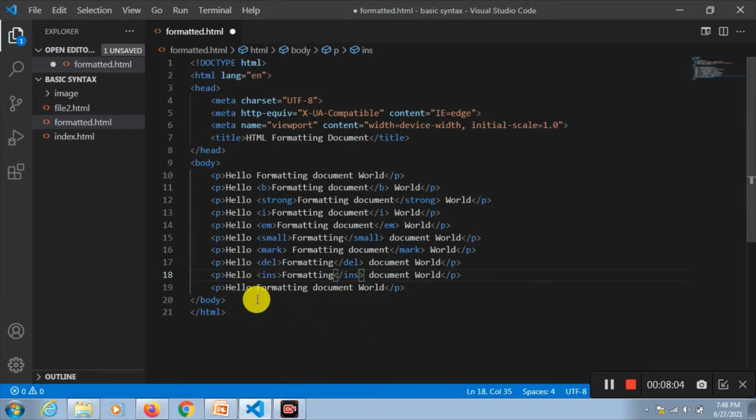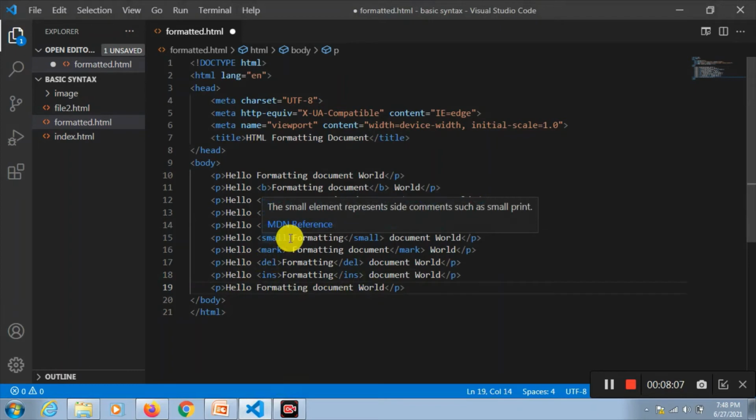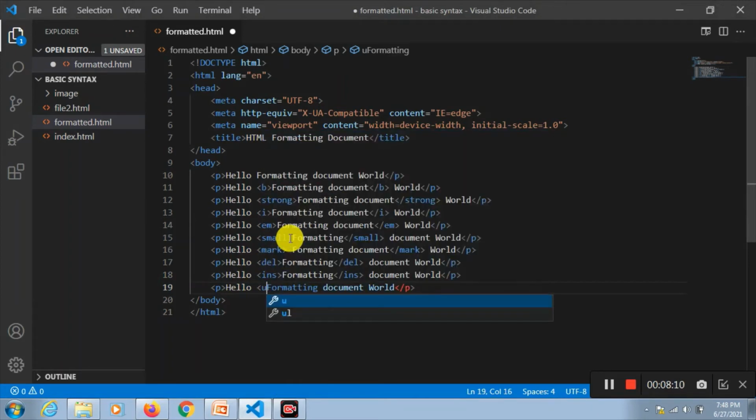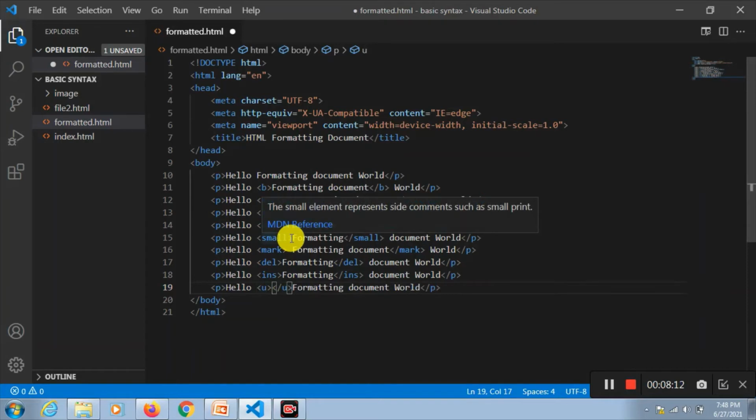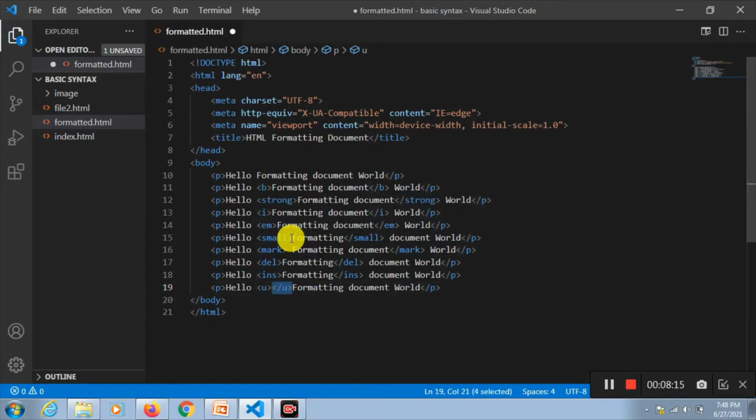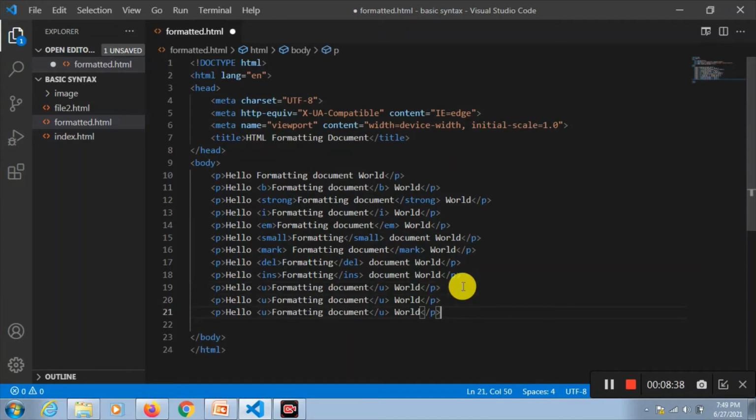For underline, you have to take U. Shift, Alt, down arrow, and instead of U, let's take it